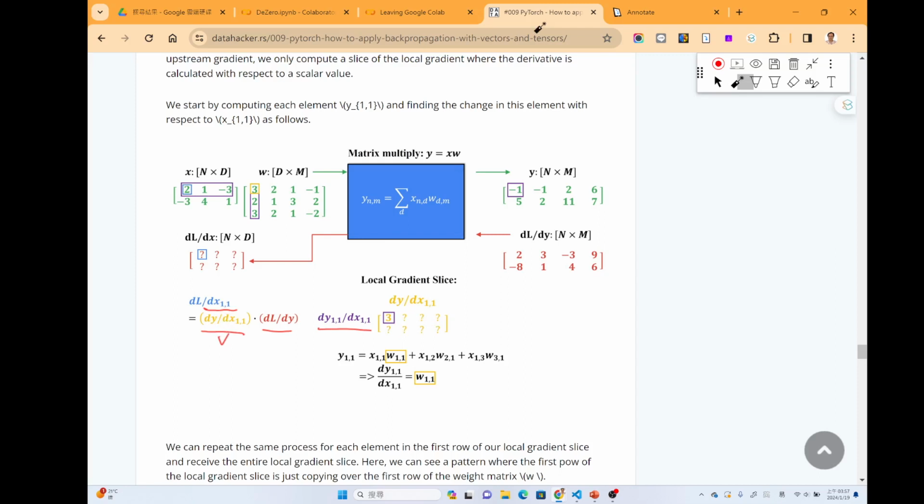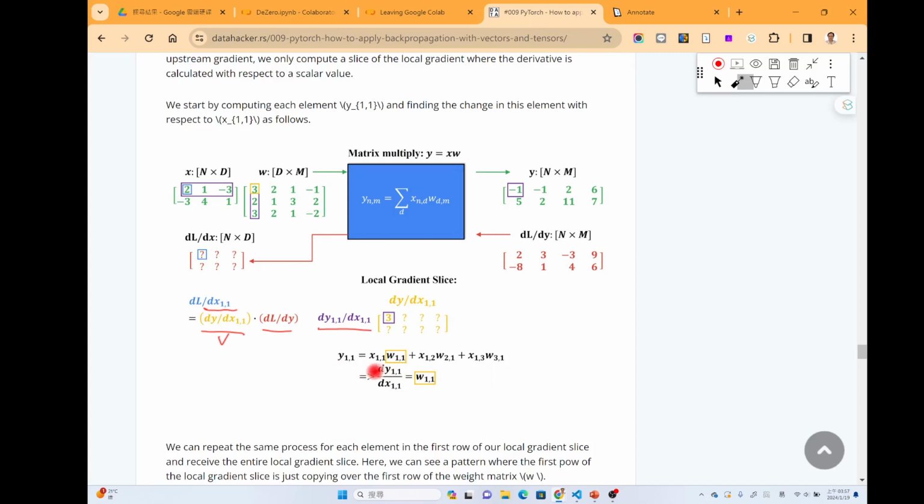Okay, so let's try to calculate the first entry in this array, the dy11 over dx11, and we can write down the formula like this.